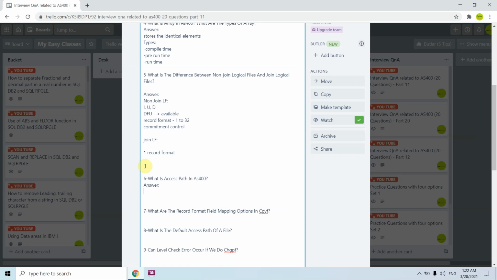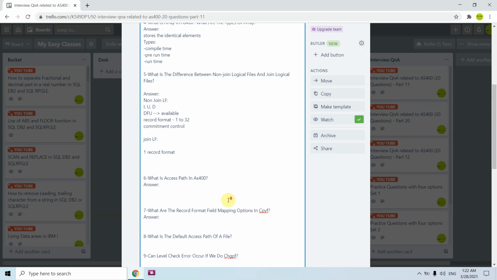But for example, with the open query file option, we are subsetting some data using the OPNQRYF command, and we create a temporary access path which gets created during the command execution and gets discarded or deleted once that command has executed successfully. So that's the access path thing.